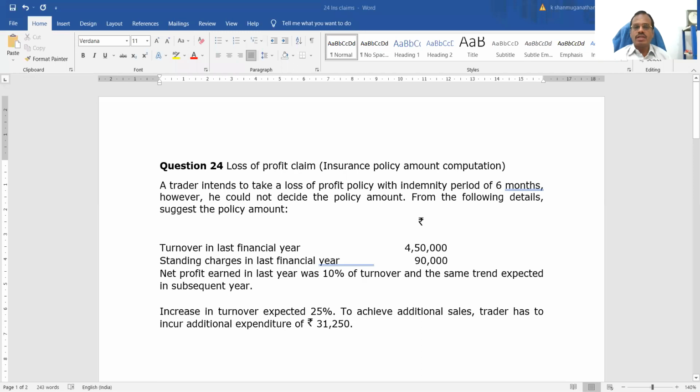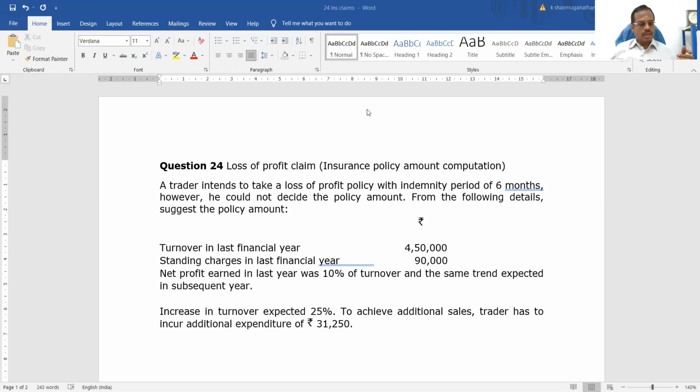Here you are deciding the insurance policy amount. Two fundamental points which you already know. I'm just reminding you that insurance is taken for the future. It is not for the past. If you go and tell the insurance company that you want to insure the past, they will be happy because they can be selective. If there is a loss, they will insure. Otherwise, they'll say they don't want to insure if some fire accident occurred in that business entity. So that is really not possible. So insurance is taken for the future.